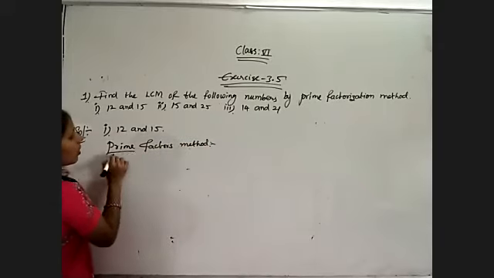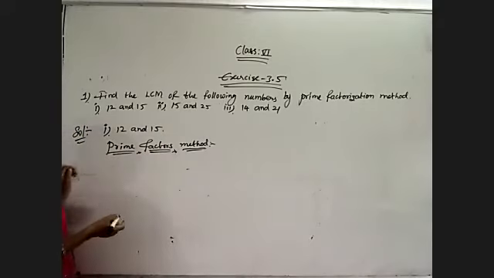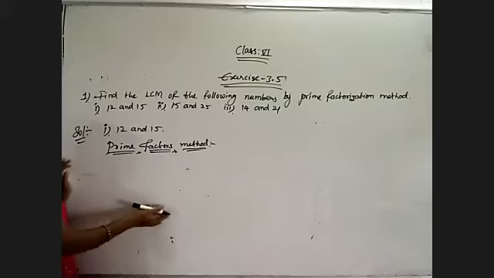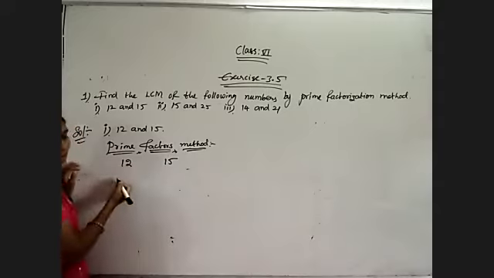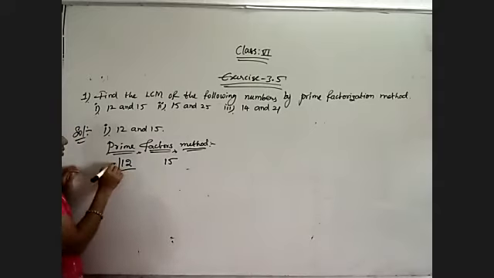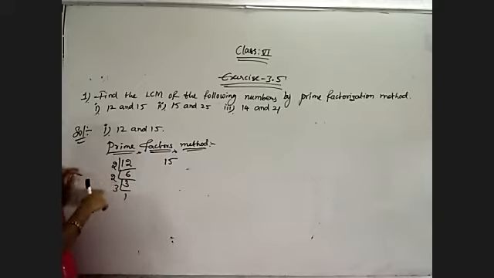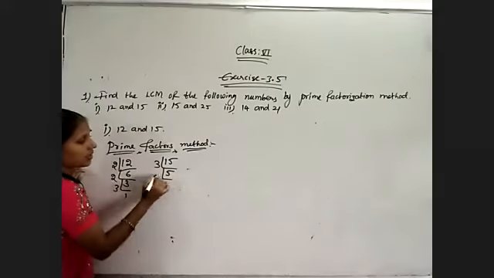So in this method, how do we simplify, how do we find the LCM or HCF? Compulsorily, we need to take the separate numbers and find their prime factors first. So 12 factors and 15 factors we need to find. 12: 2 sixes are 12, 2 threes are 6, 3 ones are 3. Compulsorily we have to use prime numbers because we are going with the prime factors method. And now coming to this, 3 fives are 15, 5 ones are 5, that's all.